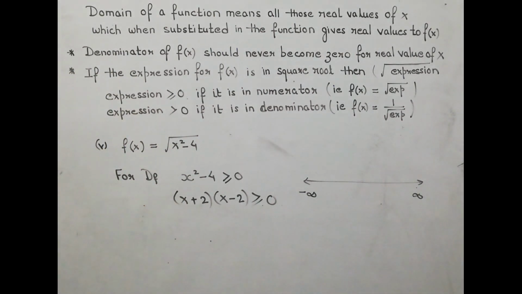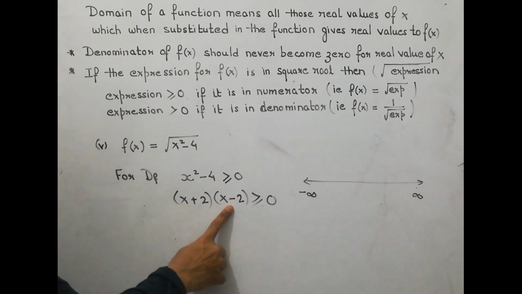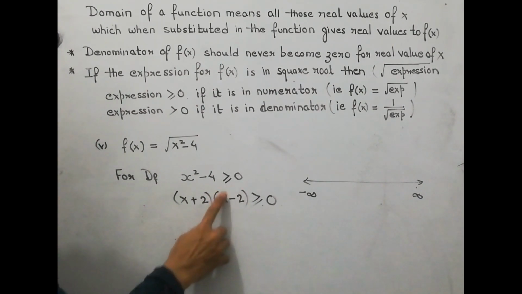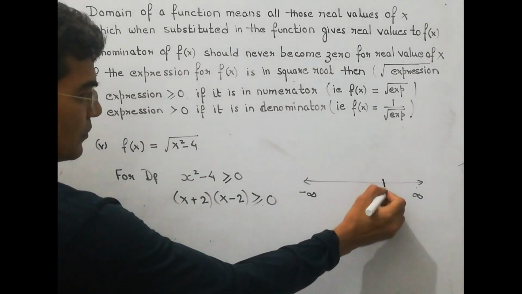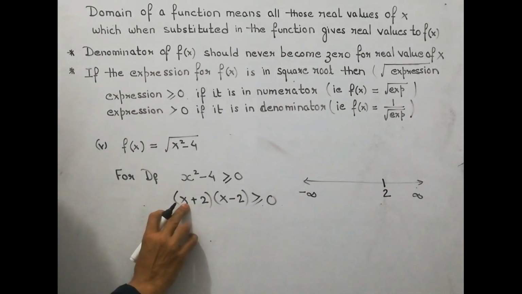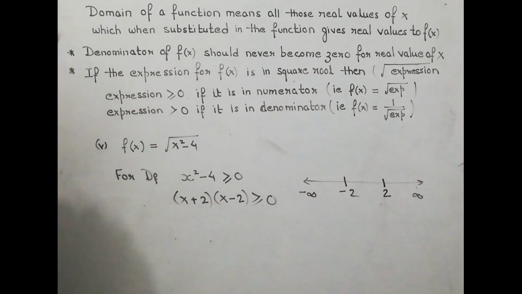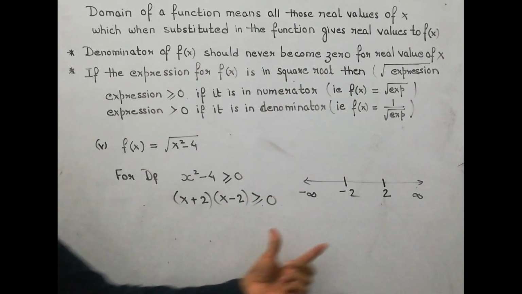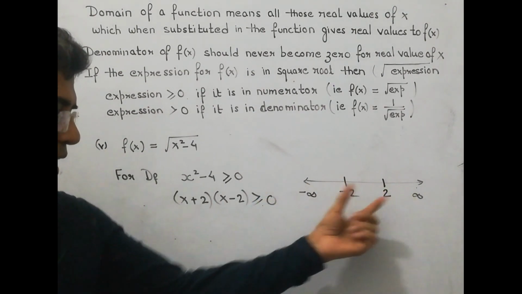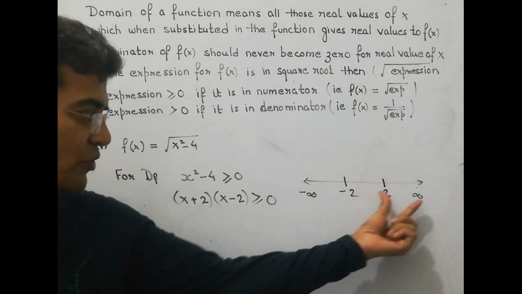Minus infinity and plus infinity, and now on this number line you will mark those values of x which can make the factors 0. Here you see, if you substitute the value of x as 2, this factor becomes 0. If you take x as minus 2, then again the factor becomes 0. So we will mark those values of x which can make the factor 0. So we have got these two values. We have divided the number line into 3 subdivisions, 1, 2 and 3.